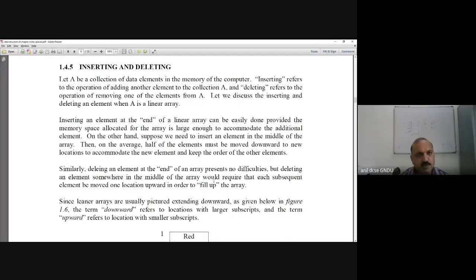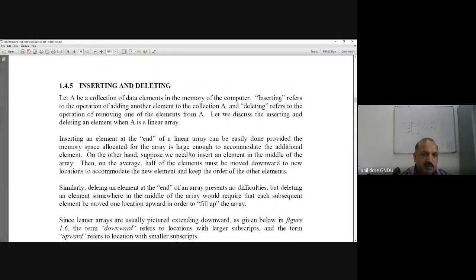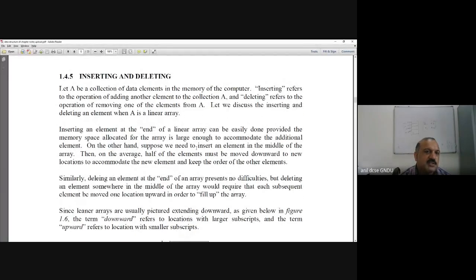Yes, sir. Okay, fine. Moving further, we are going to discuss the other two operations, that is inserting and deleting in an array. We'll also look at the pros and cons, or rather the trade-offs, of performing these operations.